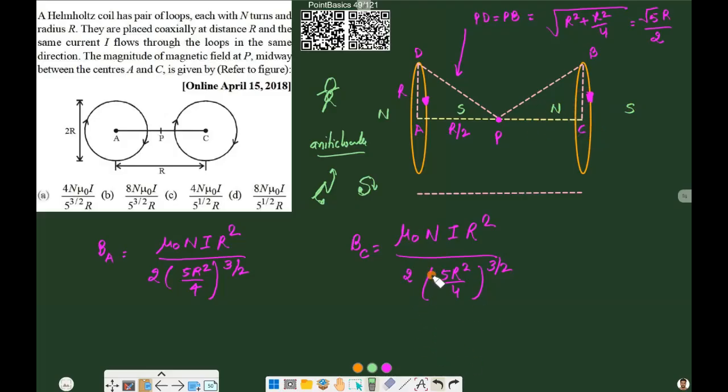Now we know that magnetic field lines emerge from the north pole and go to the south pole outside, and inside they travel from south to north. So we are just taking this point here. For this coil, field will be something like this in the negative x direction, and for this coil also, field will be in the negative x direction. So we can say at point P, both of fields are in negative x direction, so both of fields will get added. Hence total field at point P